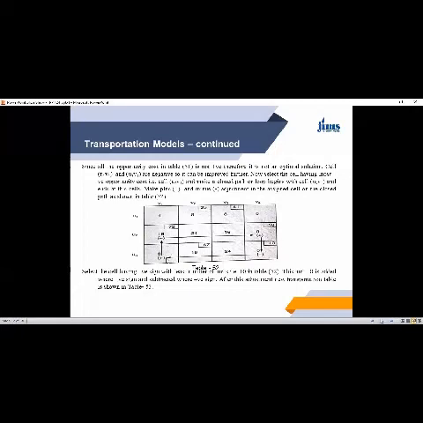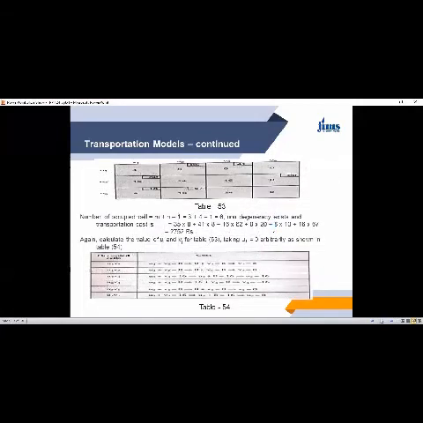So this 10 will go, this becomes 18, and this will come here, this becomes 10 here, and this will be reduced to 62, and this will become plus 10, 20. So next cell you see here, this becomes 20, this becomes 10, this becomes 10 less, 62. So these are the changes.